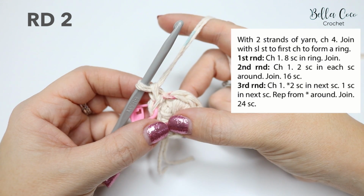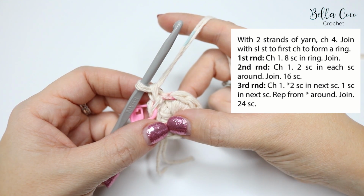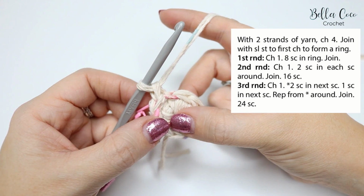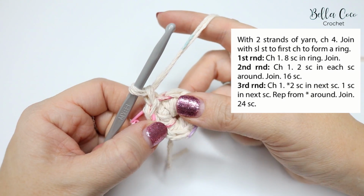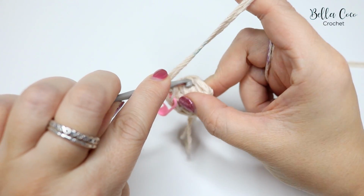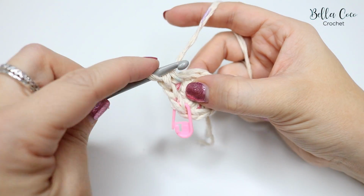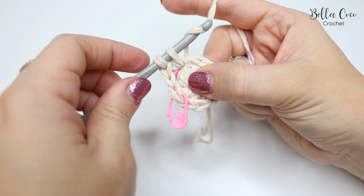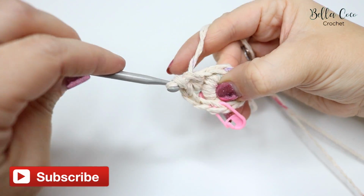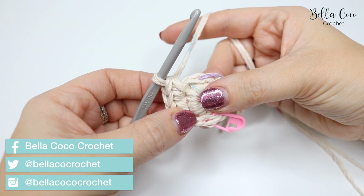So round 2 tells us to chain 1, 2 double crochets into each double crochet around, and then join. Where it says 16 double crochets at the end, that is indicating how many stitches you will have in that round. So we want to go ahead and do 2 double crochets into this next stitch along. So 1 and then 2, so 2 into that stitch. And then again, 1 and 2. So that's 4 stitches we have so far,